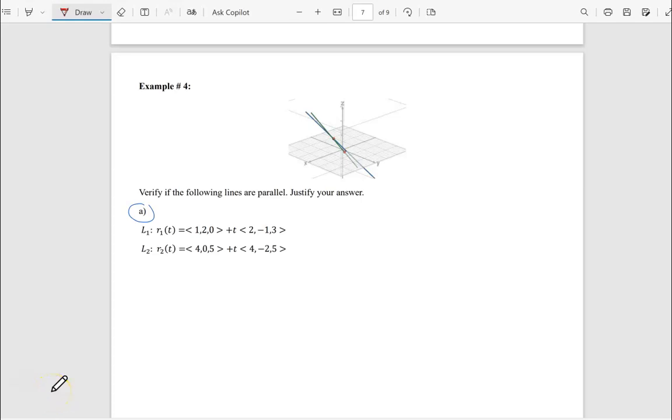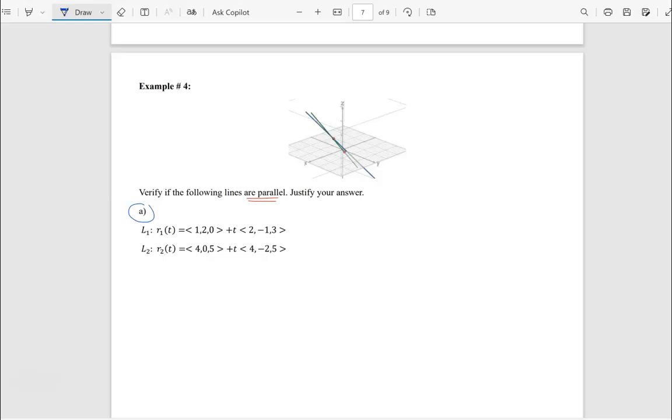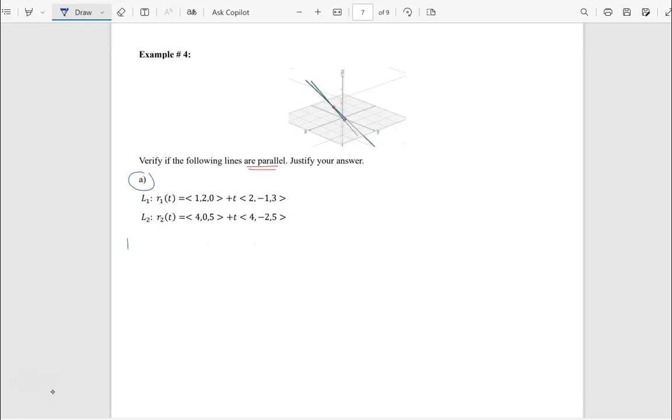Hi class, let's take a look at example 4a, and they are asking us to verify that the lines are parallel. So this one is actually simple. We can actually define the direction vector. So let me just say define